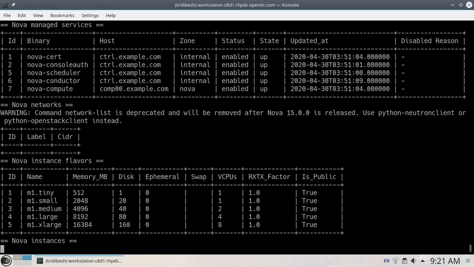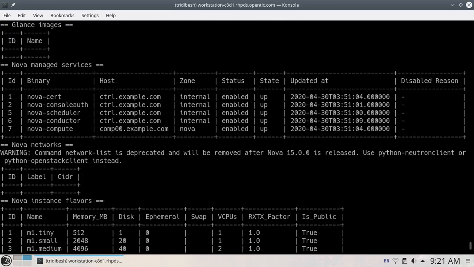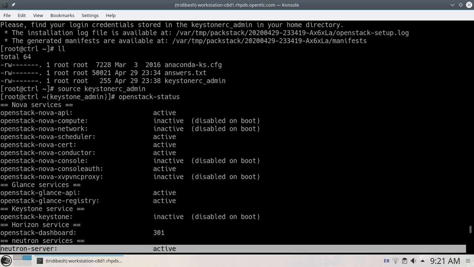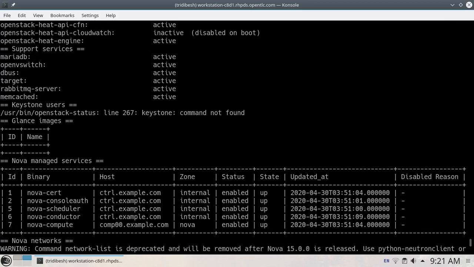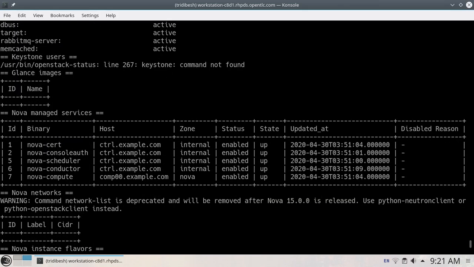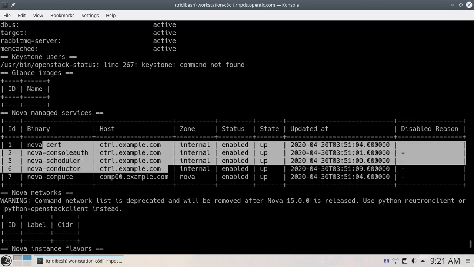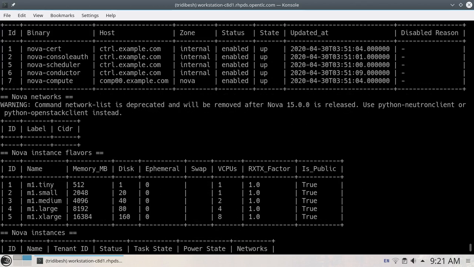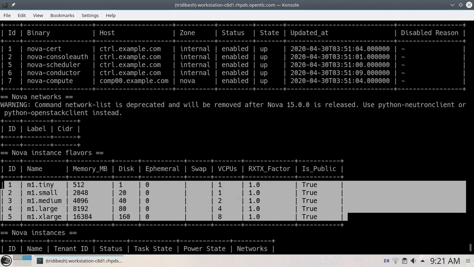You'll see what your Nova cert and Nova compute are, and various information like your neutron agent, what all services are active or not. If you are sourcing your file, then you'll see this extra information, else you will not. So you see where Nova cert is running, and where Nova compute is running. As you remember, we selected the first compute node as the compute server, so that's why the Nova compute service is running here. Similarly, these are some flavors,